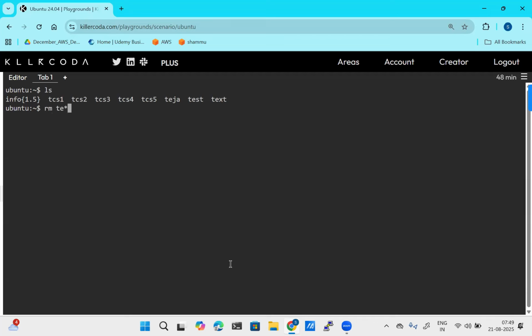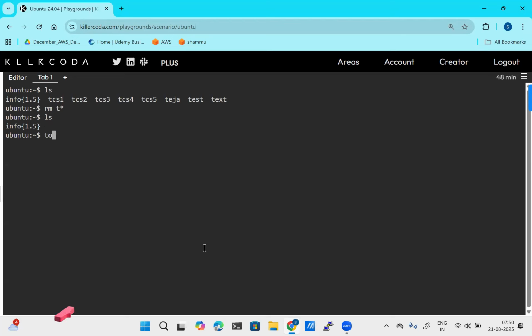What will happen now? It is going to remove your test file, text file, Teja file, but it is not going to remove your TCS files. But if you have given T star, it is going to remove all your TCS files, text, Teja as well as test. So what happened now? Only one file will be there. The series that started with T was removed. Here with ls I'm not having any.